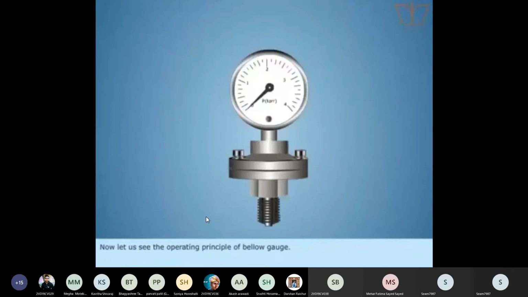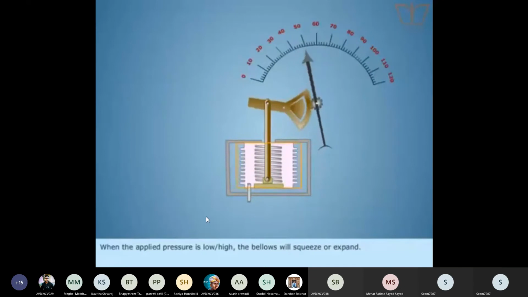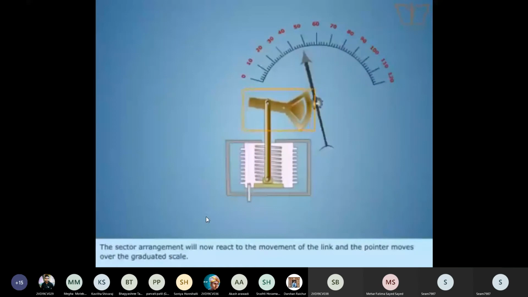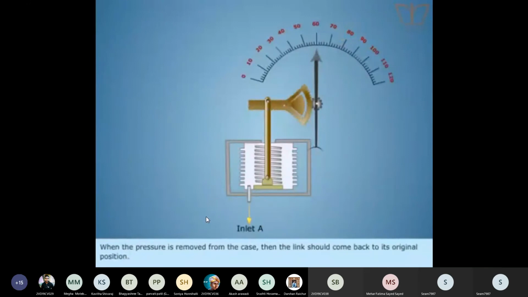Let us see the operating principle of the bellows gauge. The unknown pressure to be measured is applied at the inlet. When the applied pressure is low or high, the bellows will squeeze or expand. This moves the link up or down, which is connected to the sector arrangement. The sector arrangement will now react to the movement of the link and the pointer moves over the graduated scale. The readings on the graduated scale indicate the pressure value. When the pressure is removed from the case,